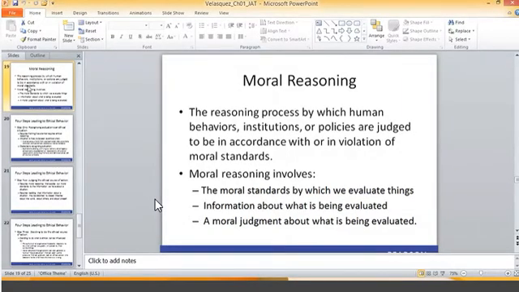So of course you might face the action of an individual, or behavior. From that kind of behavior we want to identify whether that action involves a moral standard or not. Similarly, the institution, meaning our company, our institutions and corporations, or the policy that they have. We can question the policy on the ethical issue, the moral standard.